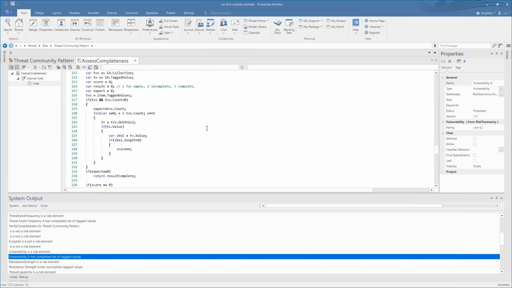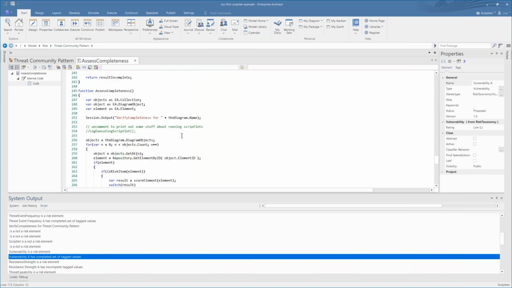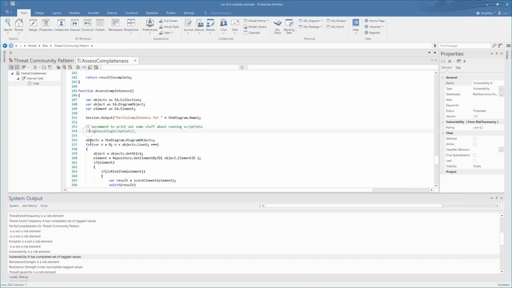We check once again if the diagram element and instance exists, and there are some tests here that we check to make sure that everything's working, and you can uncomment them in order to get some more details published to the screen.